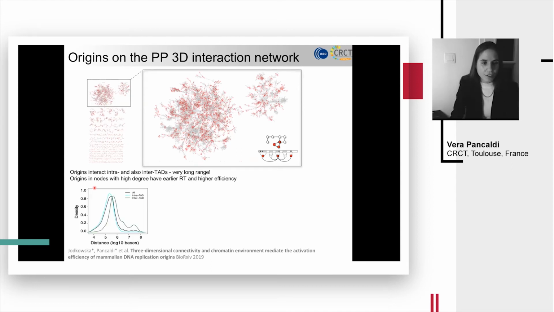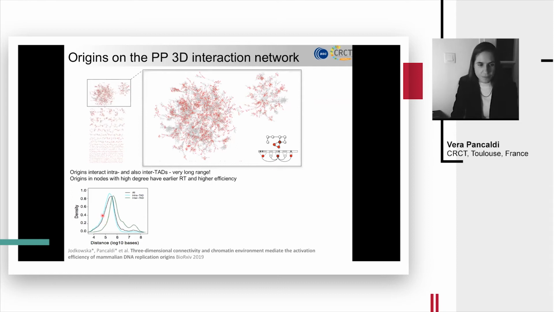And what we noticed is that fragments containing origins can interact both intra- but also inter-TADs. And indeed, there are peaks of very long-range interactions around 10 to the 7 or 10 to the 8 bases. These are basically promoters that interact with each other and contain origins. So we think that these replication factories that were described at a small genomic scale are probably coming together